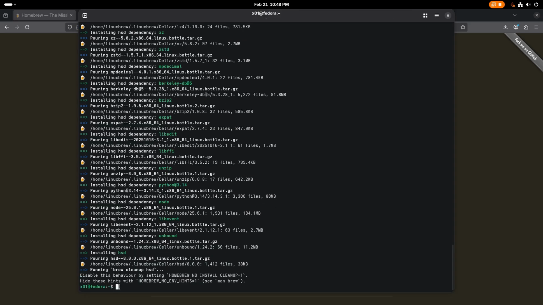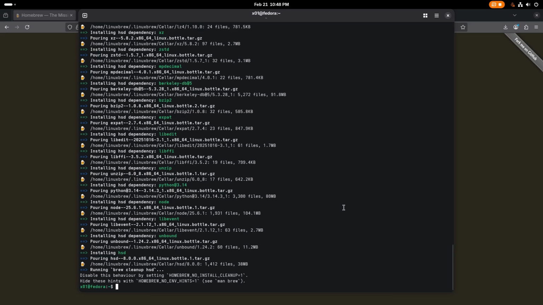After we install the HSD, it's installed now. We have two options there. We can run the HSD full node, which will take a lot of storage, right now around 19 gigabytes, or we can run the HSD SPV mode, which will take way less than that, around 300 megabytes or so. So both will work well. The wallet that you have the problem with in Bob wallet will continue the syncing, and they will